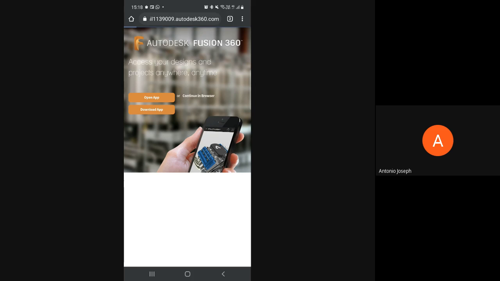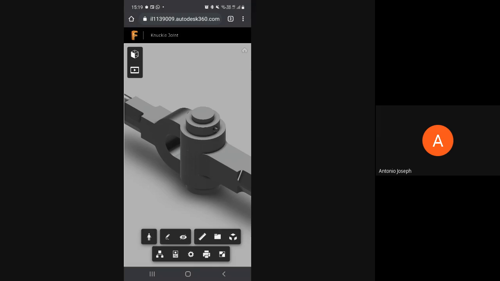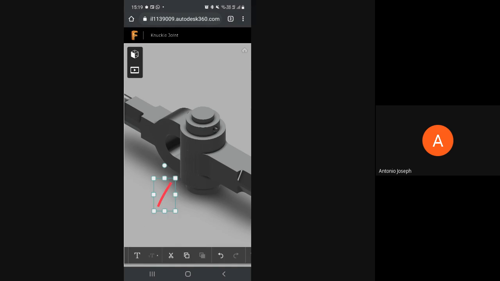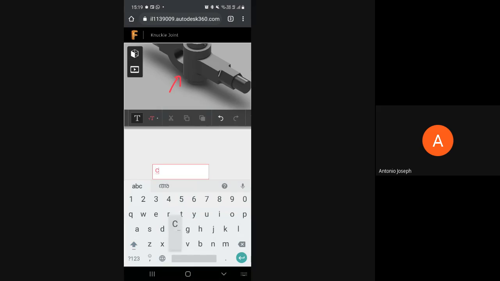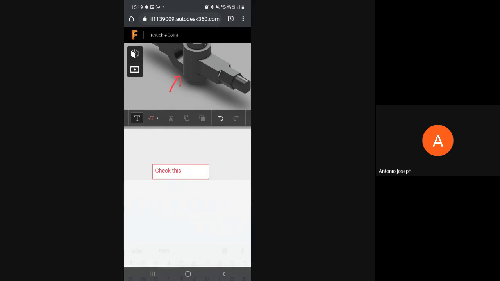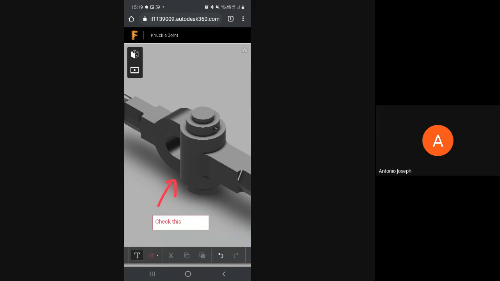So you can share your design in this way. The other person need not have any software installed on his phone. He can directly give some arrow marks, check this like this, right?